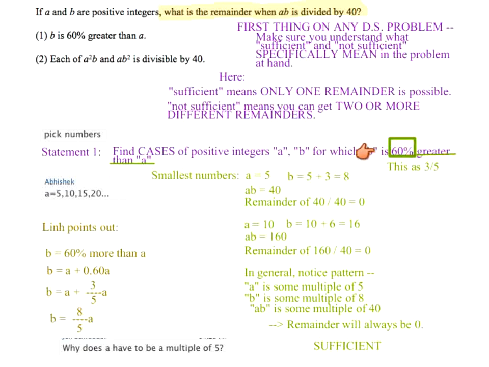Like seeing whether you can have 60% greater than those numbers. I mean, you'll discover that you have to have a number that you can take 60% of and still get another integer. So, 60% of 1, 2, 3, and 4 are not whole numbers, but 60% of 5 is. Then 60% of 6, 7, 8, 9, that doesn't work, but 60% of 10 totally does. And eventually the pattern will just throw itself at you. So that statement's sufficient. We will look at Lynn's method in a second in a little bit more detail, but